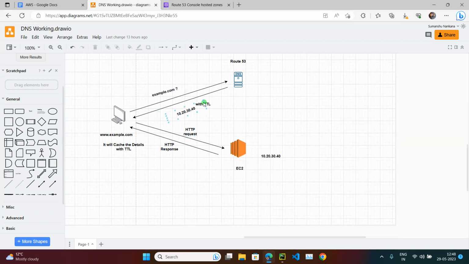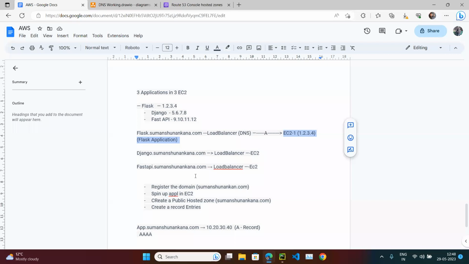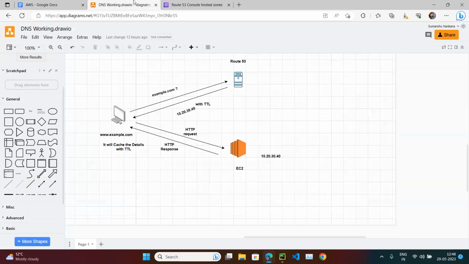But let's suppose I set the time to live to 5 minutes. As an example, when I access flask.smartphone.com, it is going to go to Route 53. It will find the IP address 1.2.3.4 and give it to me, and it will give me the 5 minutes. So 300 seconds, the time to live will be set as 300. So as soon as I enter flask.smartphone.com a second time within 5 minutes, I am going to see my same